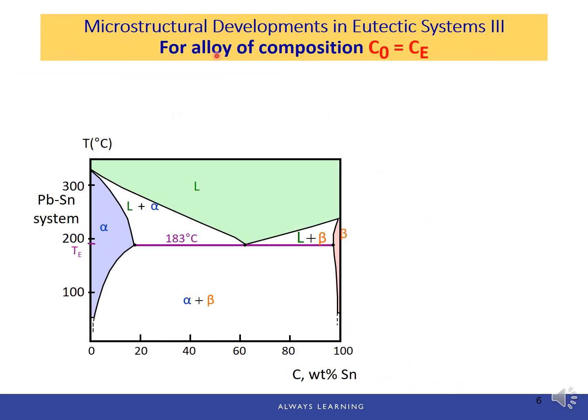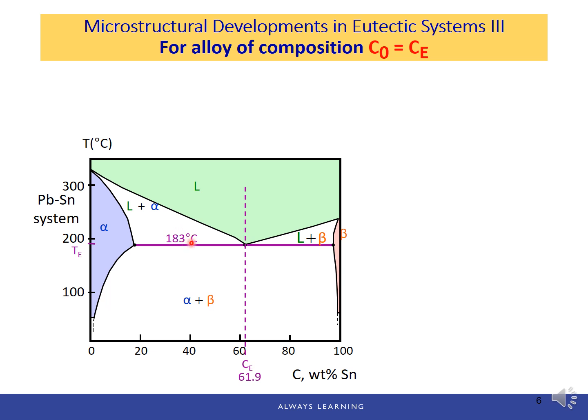Now let's take a look at the alloy that has the eutectic composition, which is described by this eutectic point on the binary eutectic system. So for this lead and tin system, the eutectic composition is 61.9% of tin. This is the eutectic composition. So we said an alloy with the eutectic composition has the lowest melting temperature. And also this eutectic alloy melts or solidifies at one single temperature, which is this eutectic temperature, which is 183